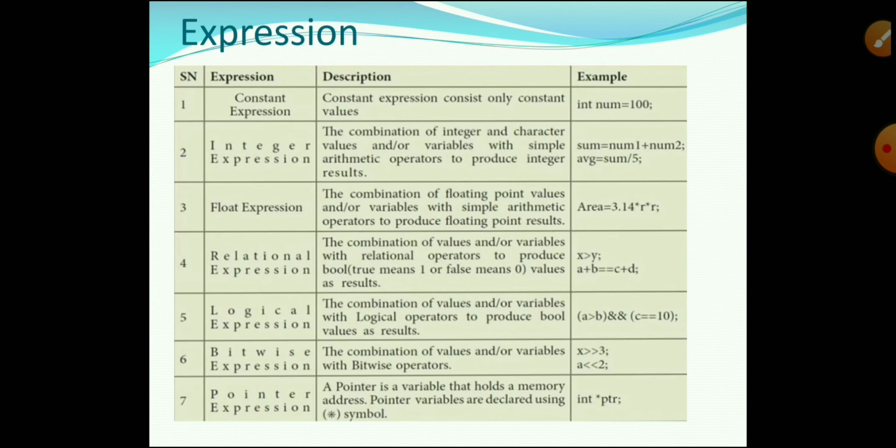Next one is the logical expression. Logical expressions use the operators and, or, not, and we have to find the result. For the and operator, both conditions have to be true. If any one is false, the result will be false. For the or operator, if any one of the conditions is true, the result will automatically be true. Only when both conditions are false will the result be false in an or operator. Next, the not operator. If the condition is true, the result will be false. If the condition is false, the result will be true, depending upon the condition.